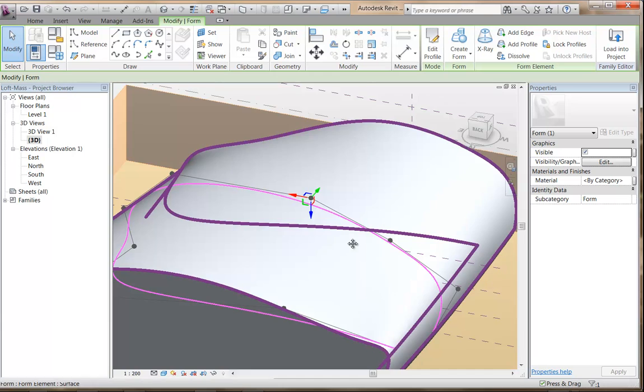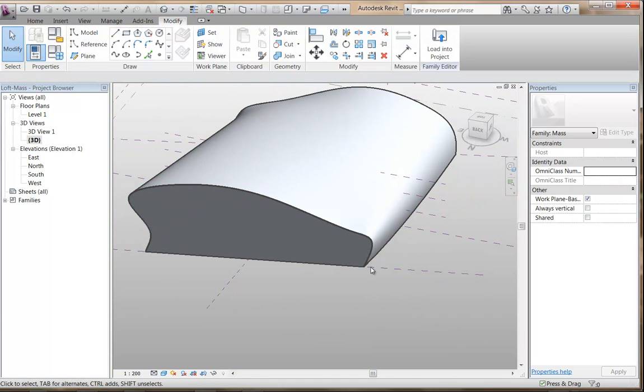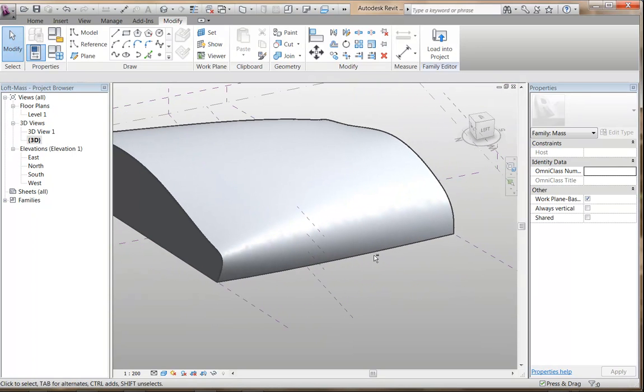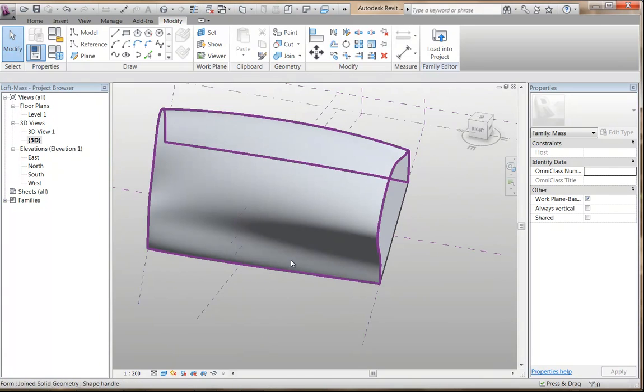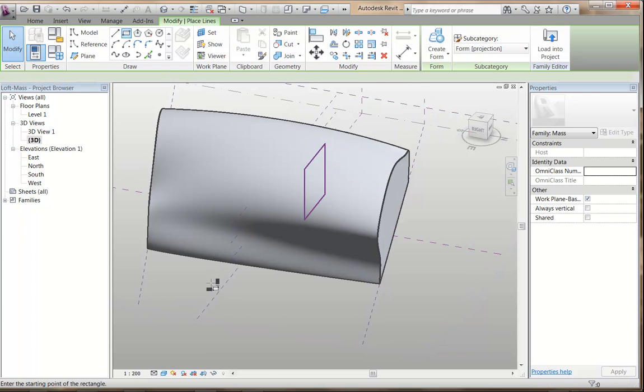Turn X-ray off, and now I'll add the extra void in. Say if I want to make a hole over here, and I might need that to make an entry. I probably need some sort of flat surface for doors and things like that. Or actually maybe it makes more sense on this side, just looking at it, so I'll do it there. So I'm going to make a rectangle,